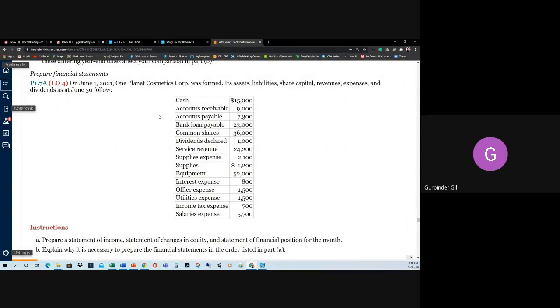What financial statement? Statement of income, retained earnings, or the statement of financial position? Statement of income. Statement of income only captures revenues and expenses. Cash is an asset. This is something that you have that is available for you to spend. Okay, so cash is an asset. It will go,